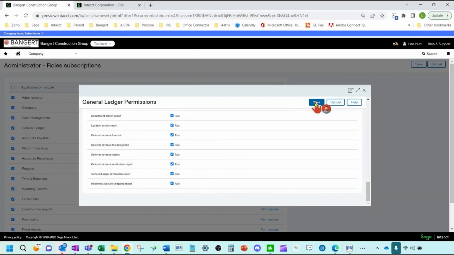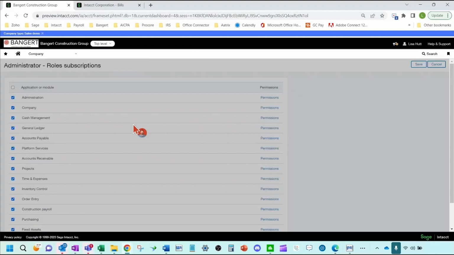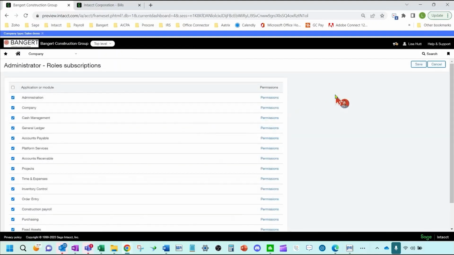One of the other nice features that have come out related to permissions is that they've given some additional permissions or rights to the employee user type. So, just to give you a recap, business user is your power user.